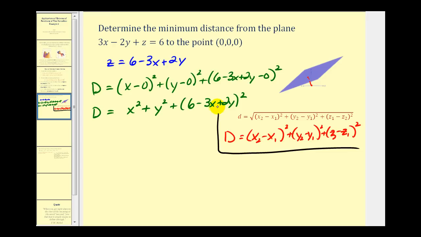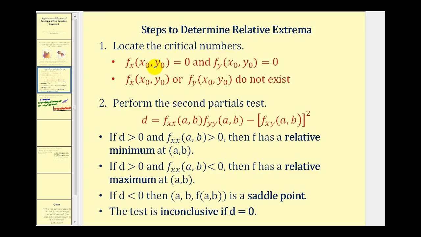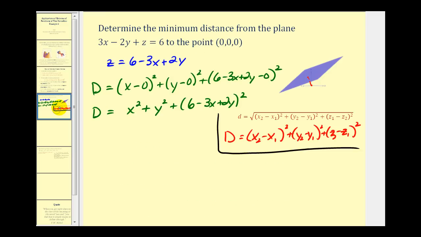So now we'll take this function and determine the relative extrema. Remember, what we're going to do is determine where the first order partial derivatives are equal to 0 or undefined, and then determine the value of D, and based upon those values we can determine whether we have a relative min, relative max, a saddle point, or the test is inconclusive. So the partial derivative of D with respect to x would be 2x,